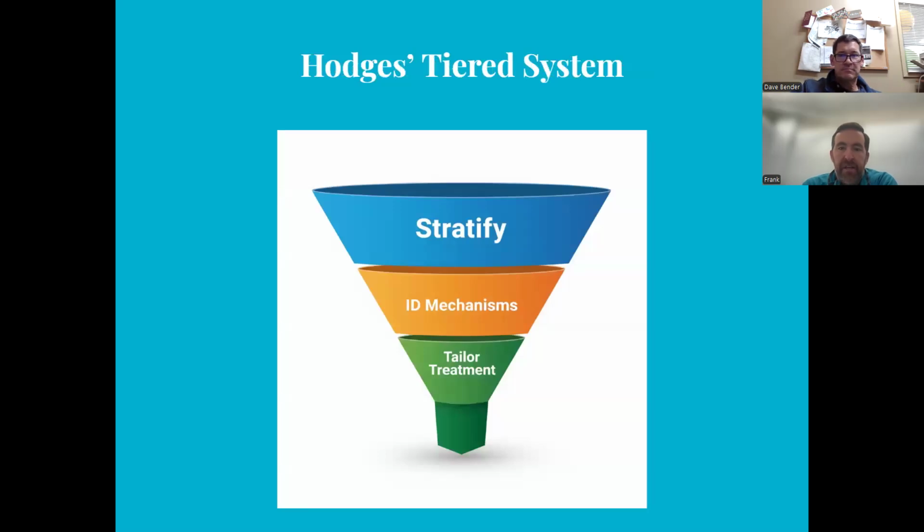So as we mentioned, this tiered system: first we stratify the prognosis, or really it talks about the risk of developing chronic pain. So where do they fall in that low, medium, or high risk? And then let's identify the mechanisms. So this is, hey, let's not look at just one thing. We're not going to look at just McKenzie. We're not going to look at just